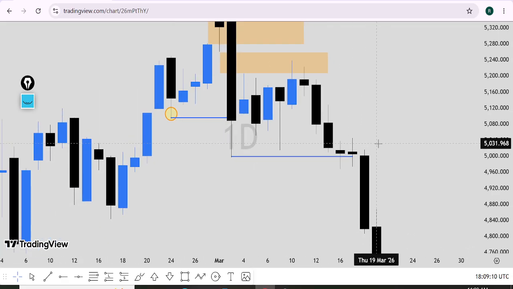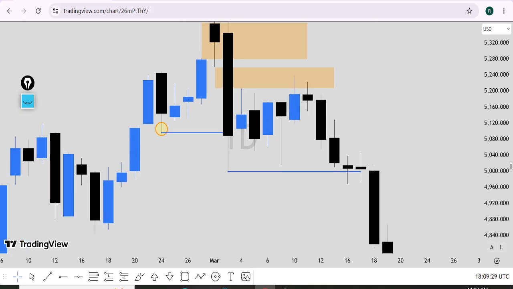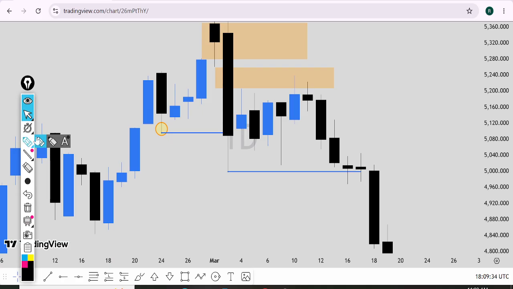After that, you see, the first rule was to locate and mark the recent structure shift, either to the downside or to the upside. If it's to the downside, your direction will be bearish, you will be looking to sell the price. If it's to the upside, you will be looking to buy the price. Second rule, most important rule: if price has shifted its structure to the downside, like here, and it's going to the premium area or to hit any PD array,